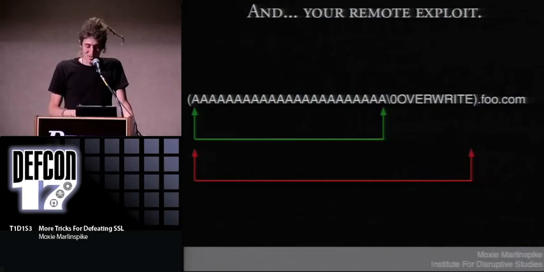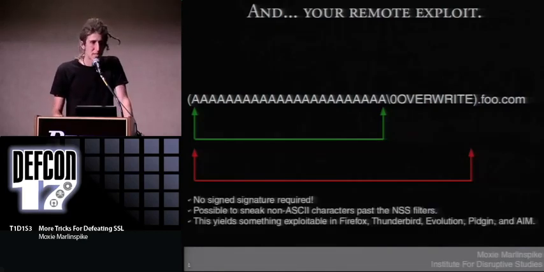So anyway, the stars really align to make this exploitable, which is kind of insane. Oh, the other nice thing about this is that no signature is required. You don't have to get a CA to sign your shellcode because,